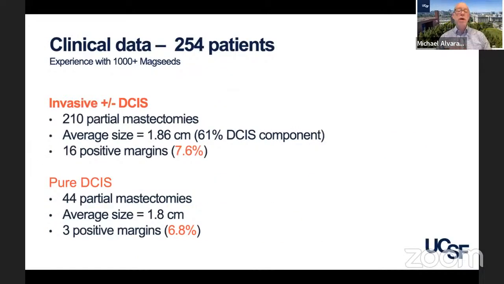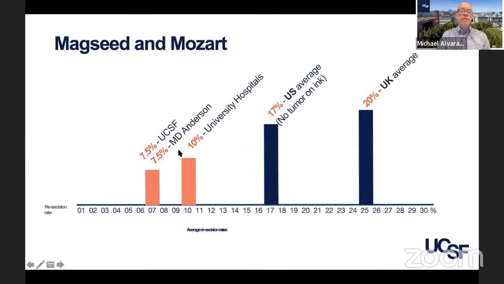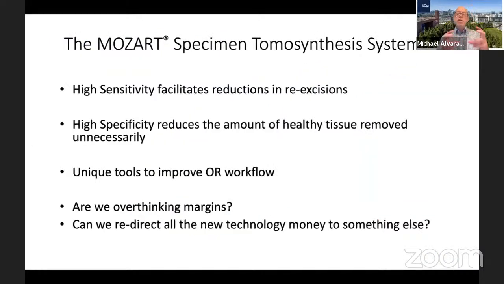And then just from our own data, when we looked at utilizing MagSeed, for example, and we use the Mozart CubTech for all of our cases, just to show you what our re-excision rate is for invasive plus DCIS and pure DCIS, we're hovering around the 7% range by utilizing the CubTech 3D tomosynthesis in our operating room. And here you can see where we are down here compared to some other areas in the US and around the world. So the Mozart specimen tomosynthesis system: high sensitivity, high specificity, easily used in the operating room,